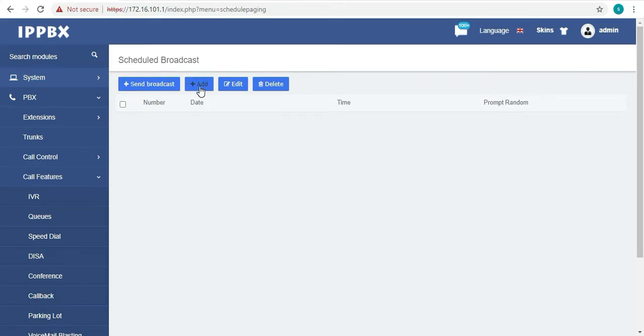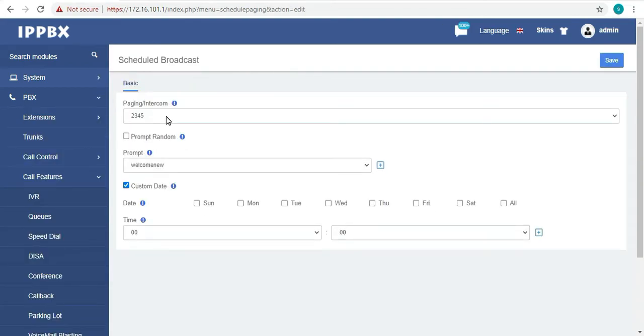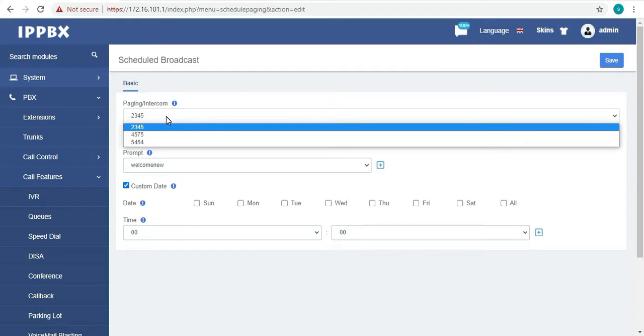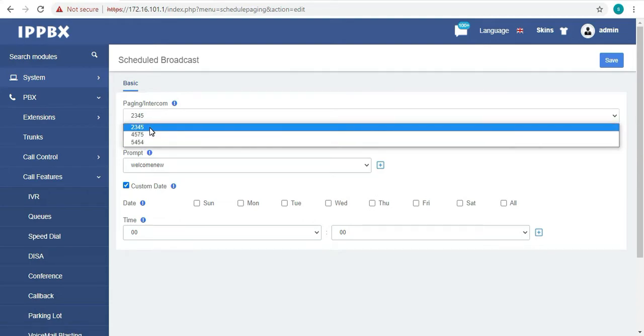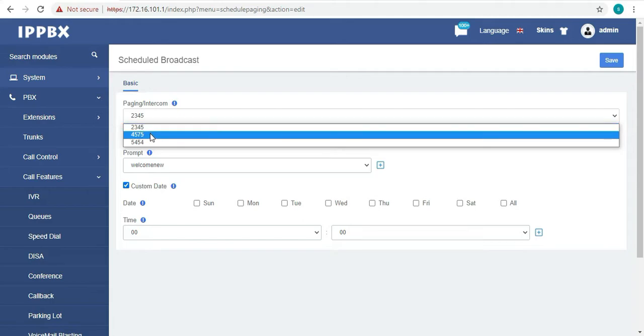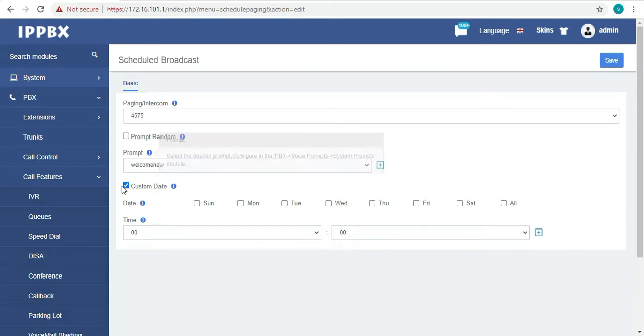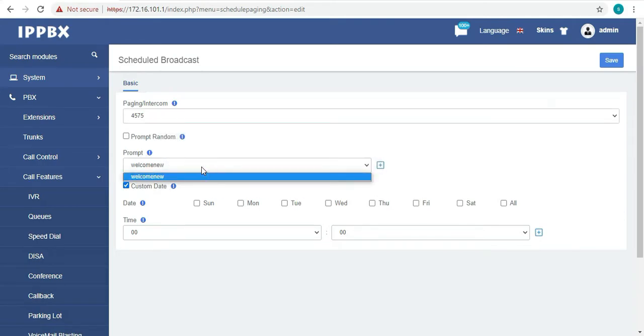Like if you want to add, click on this add. As you can see, there are profiles from paging section. So we just need to click on any of these. Like if I click on 4575, and I just need to choose the voice prompt.